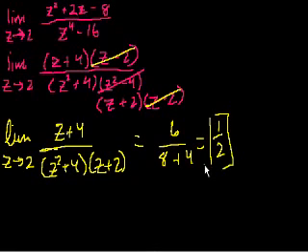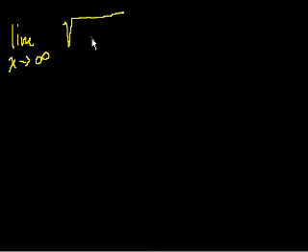Let's do another one, and this one I found even more interesting. It's really testing my memory. I remember the gist of the problem, so I might not get the exact numbers she gave me, but hopefully I get the exact properties. So it was the limit as x approaches infinity of the square root of x squared plus 4x plus 1